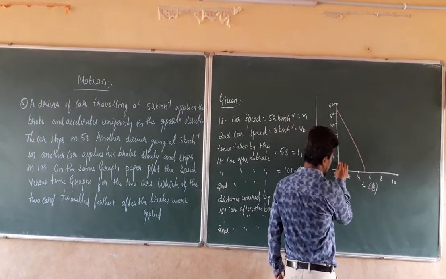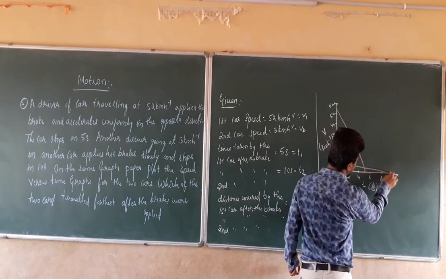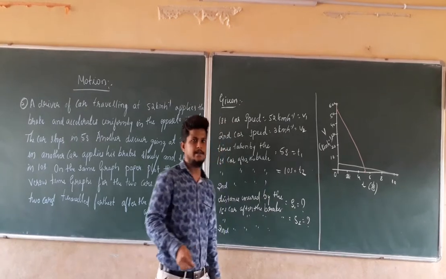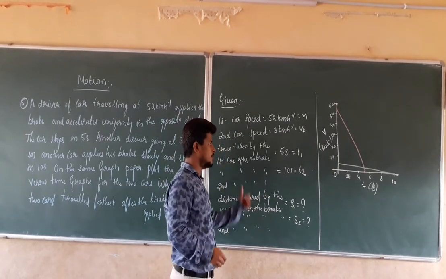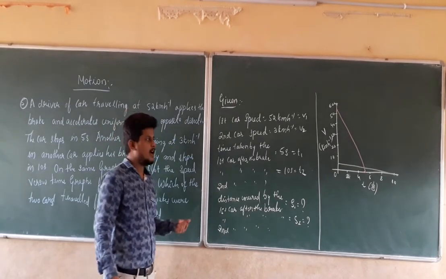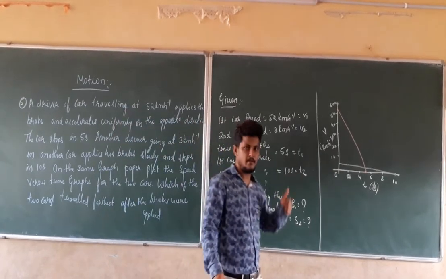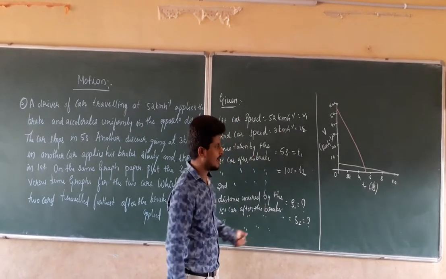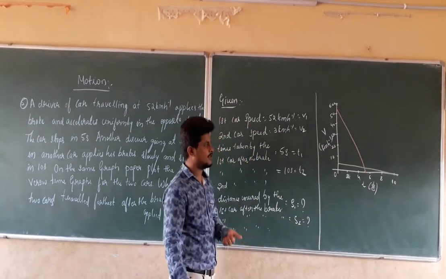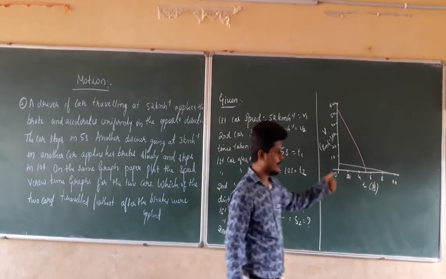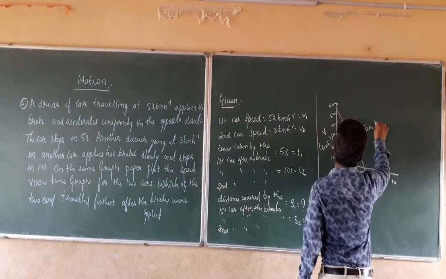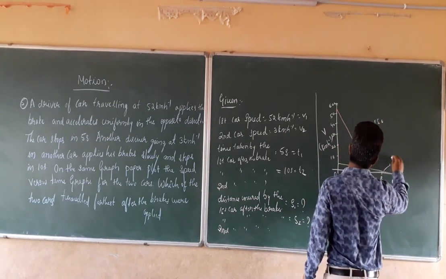So then we are going to connect those points. These are the graphs for the two vehicles. One is moving with 52 km per hour, and after the application of the brake, it is going to stop after 5 seconds. Another car is moving with 3 km per hour initially, and after the application of the brake, it is going to stop. Those two graphs are given like this. This is car A, the first car, and this is the graph for the second car.